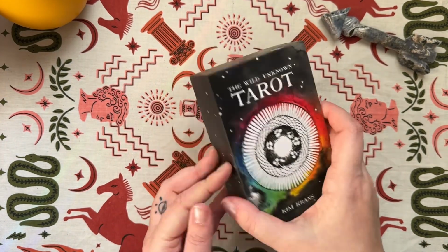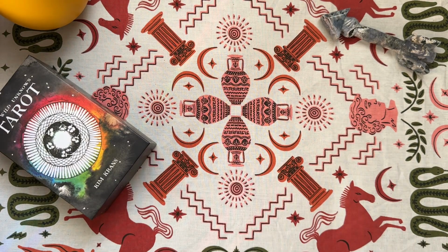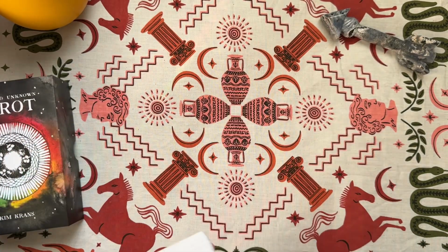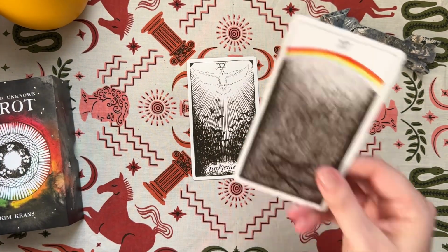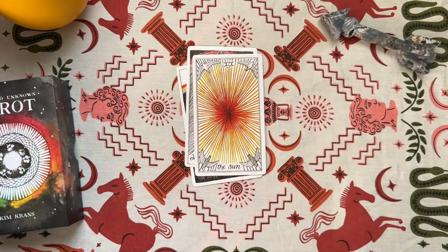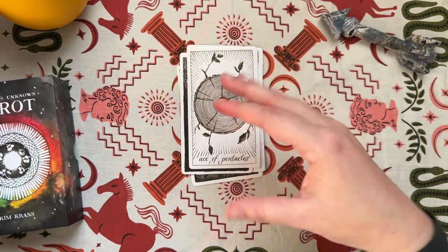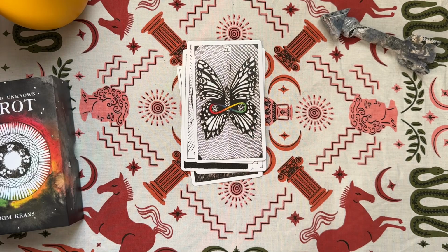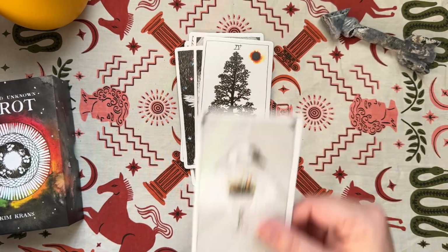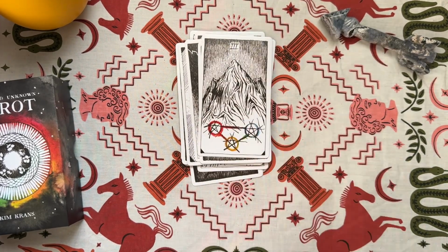We have the Wild Unknown Tarot. This one kind of surprised me. Although, we don't need to go crazy talking about it, it has been used quite a bit lately in the last couple of months. I feel called to use this deck around the colder months. The white, the black with the splash of color makes sense to me. I think I talked about this in my November video. So this one has been used quite a bit lately, and I'm currently doing the Seeds of 2024